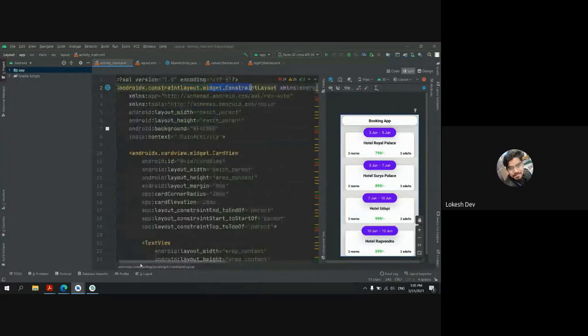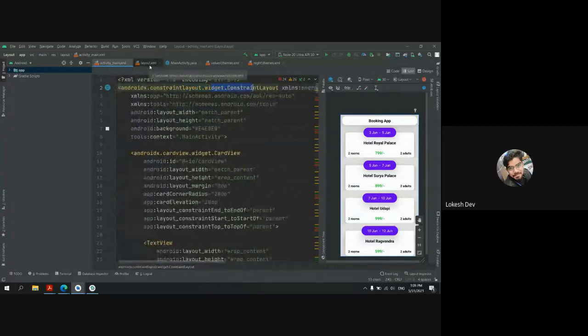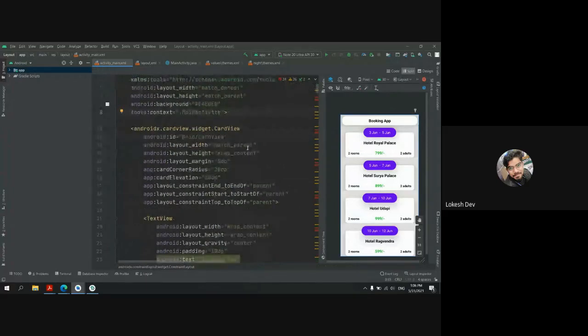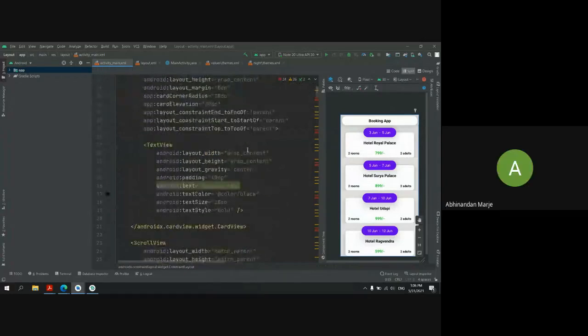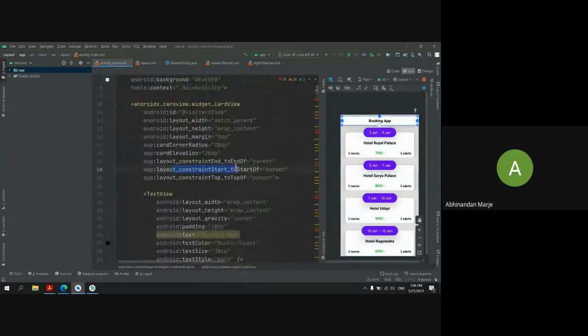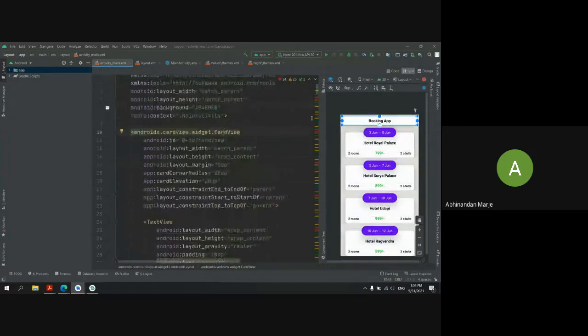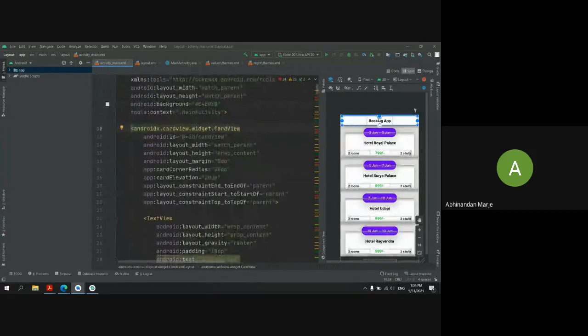Sir, here we use the Android card view with constraint end to end of parent. What does that mean? This constraint end is the right side constraint; this is the end and this is the start.